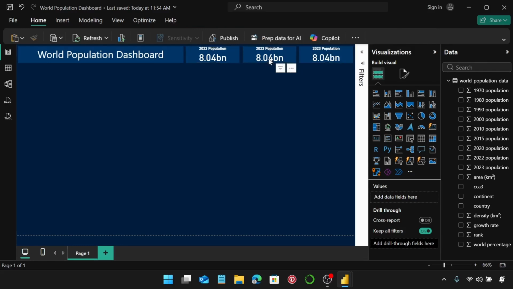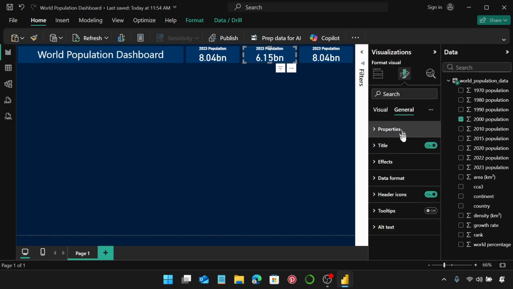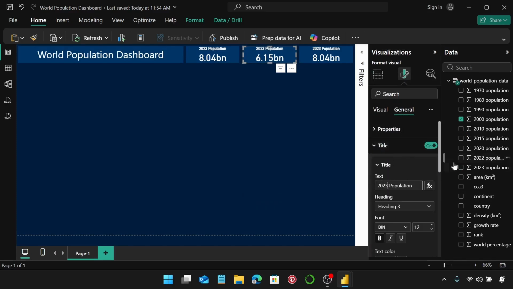Now let's come back to this one. We even have less space in here, but I want to add the charts, and then maybe we'll figure out whether this should come in, whether it should go out. Don't worry too much about it. Let's start with this one. So for this, I'm going to remove this, and I'm going to grab the 2000 population, and I'm going to put it here. Now we'll go to general, and then under title we can now change this to